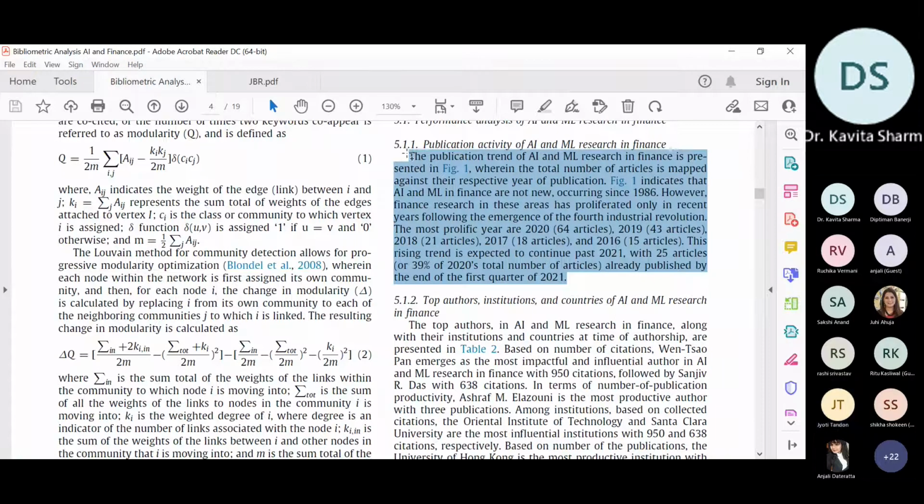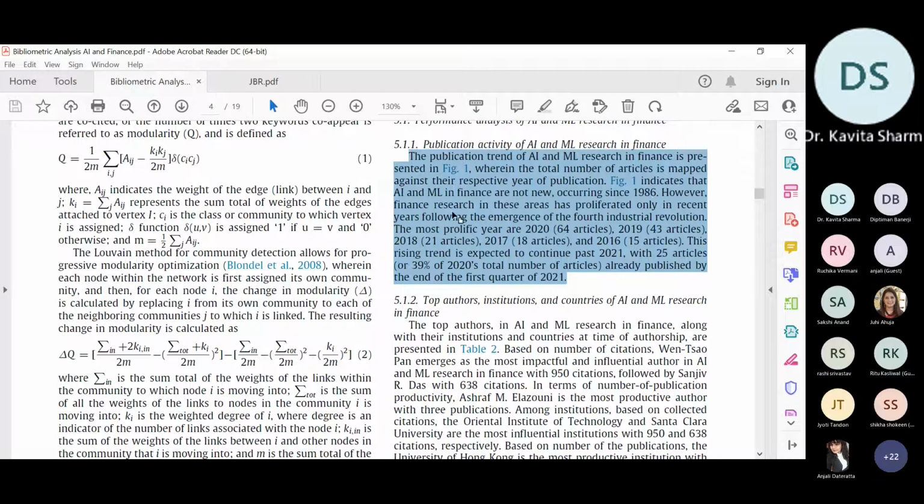So interpretation is also required. The information, picture or table will be given by the software, but putting these words into paragraphs is your task. The publication trend of AI and ML research in finance is presented in figure 1, wherein the total number of publications is mapped against their respective years of publication. It indicates that AI and ML in finance are not new, occurring since 1986.